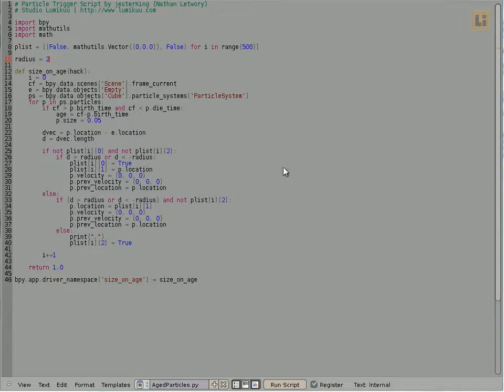Hi and welcome to a short video on using a driver to drive individual particles. So I have here the particle trigger script, and what it does is